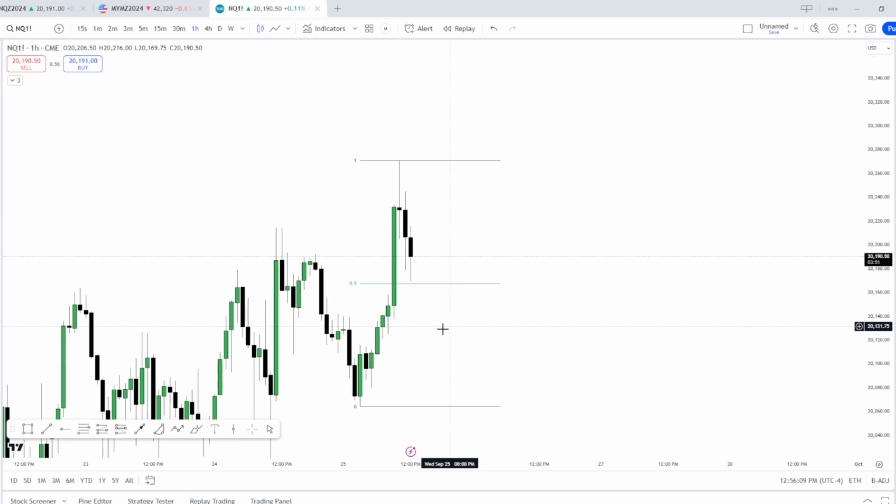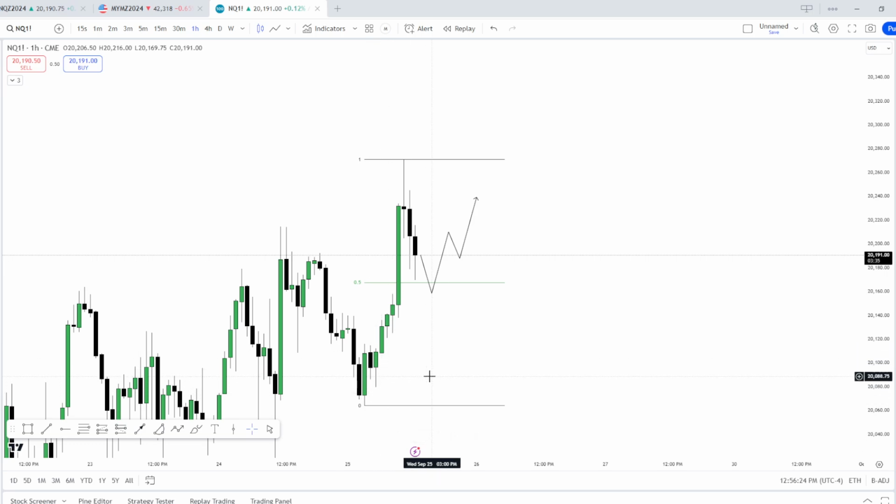So let's say price right here retraced back down past equilibrium, which is this 50% mark of this entire range. When price retraces back into here, we can expect a continuation to the upside if we are bullish and if we are printing bullish price action. It's not always going to respect it 100% of the time, but with the right narrative and the right conditions, if price returns back into this equilibrium point, this is where we can expect a move back up